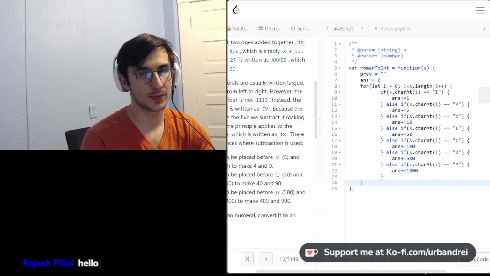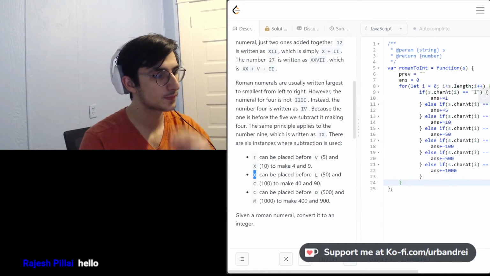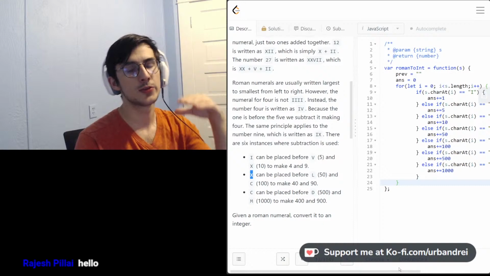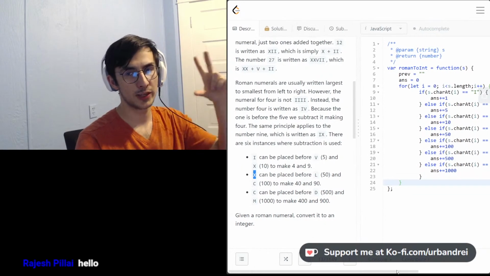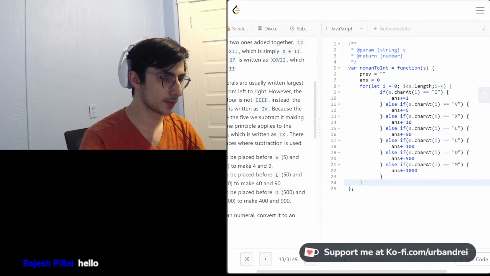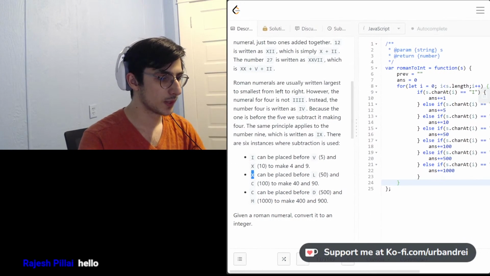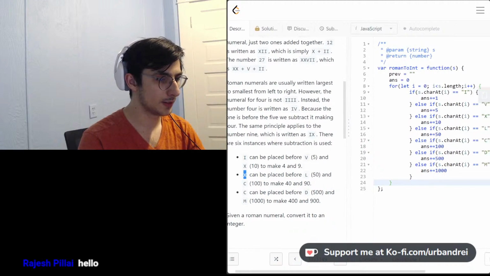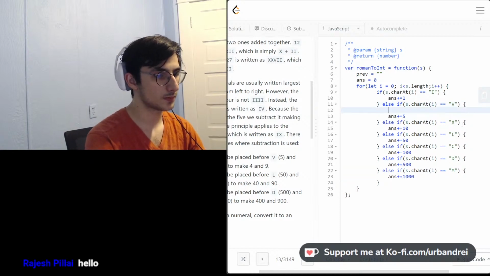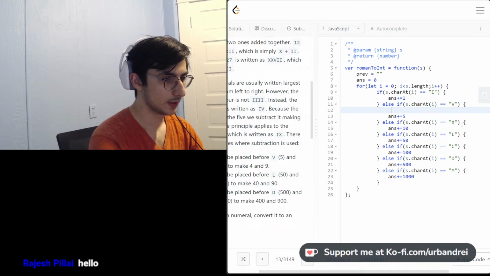Because this is LeetCode, I don't care about that. I don't want too many branches because that just makes it very unreadable. So really the only case here is if the previous